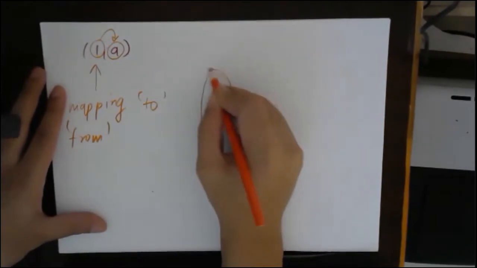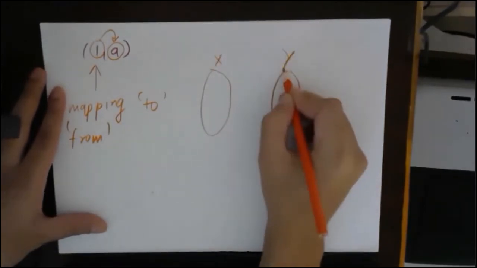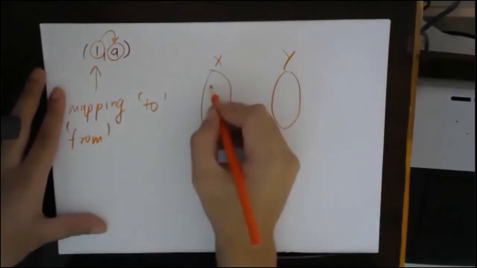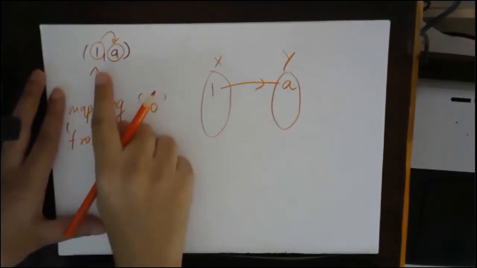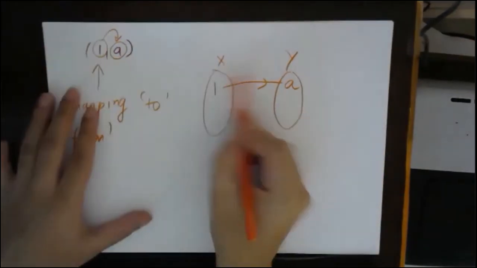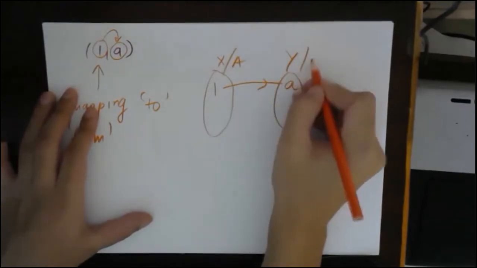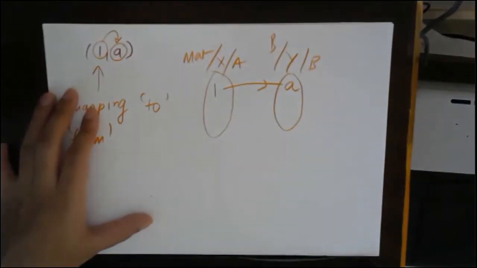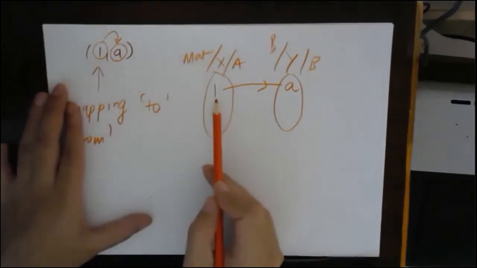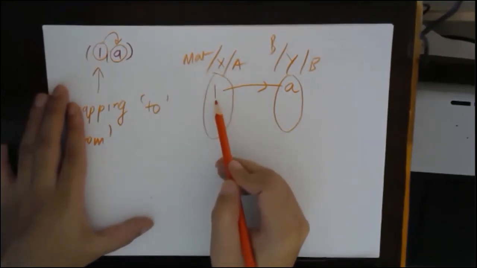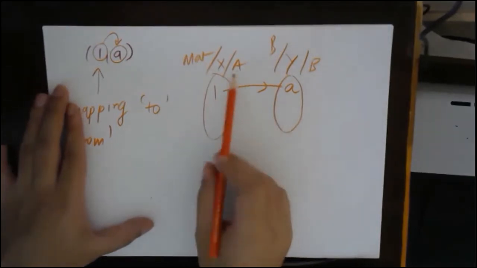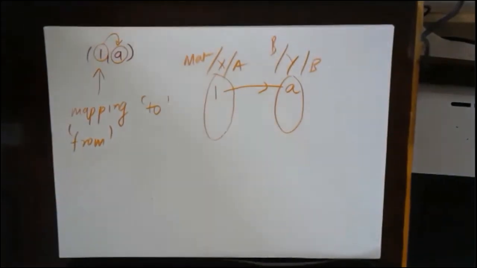So suppose if only this was given, I can assume that, okay, let this be set x and let this be set y. And 1 was linked with a. A name. It is just a name. I'm giving this as a name. This can be A. This can be B. This can be maths. This can be bio. Any name you want to give. Right. So this will represent that from set A or from set x, there was an element.